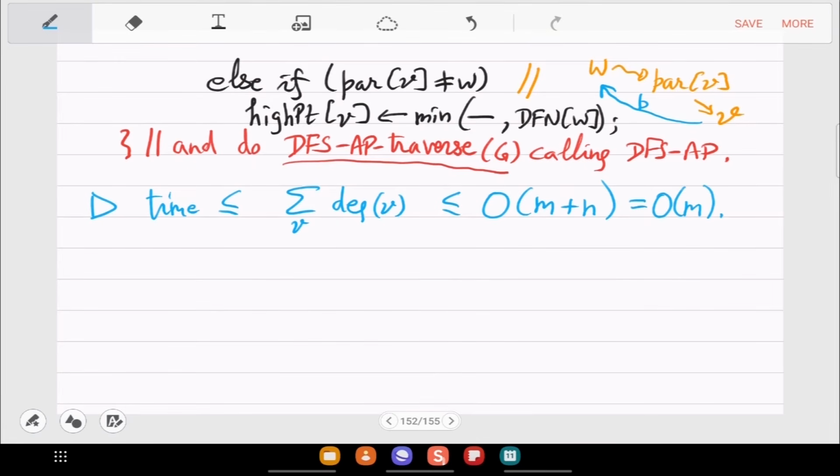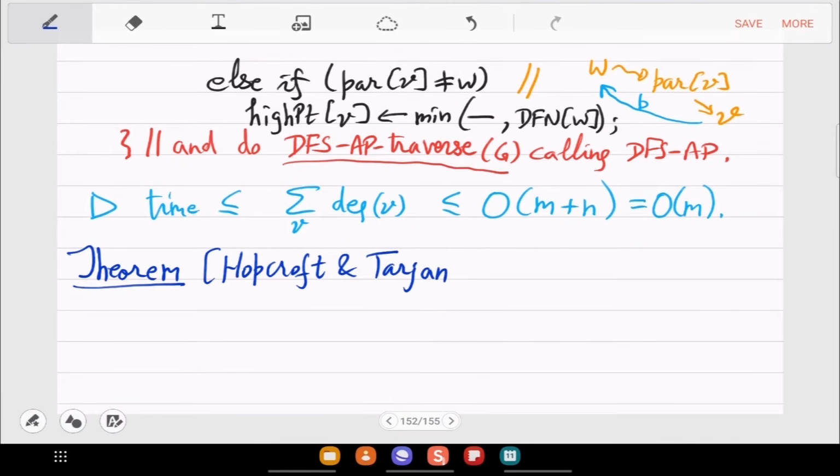So the time is as much as the number of edges of this pseudocode. So based on this pseudocode, the theorem that we have shown is due to Hopcroft and Tarjan from many years ago.